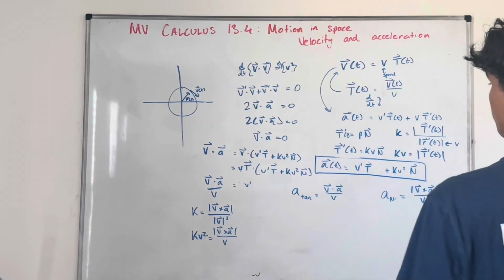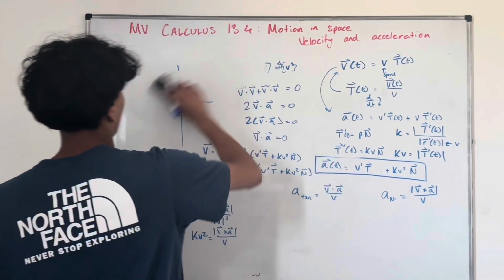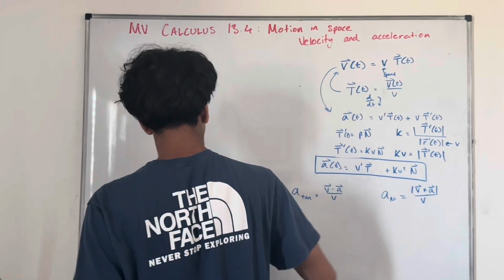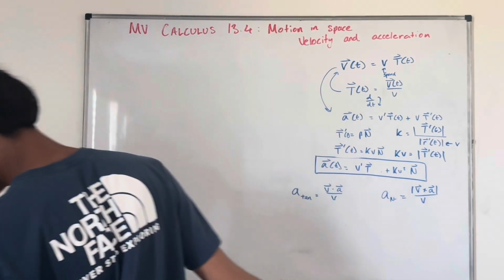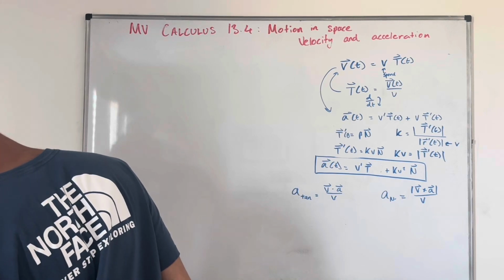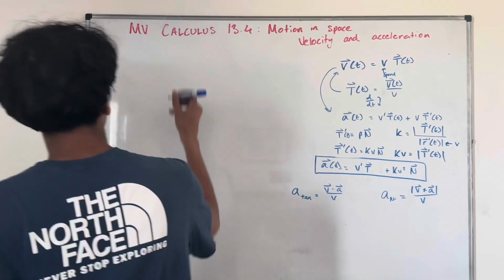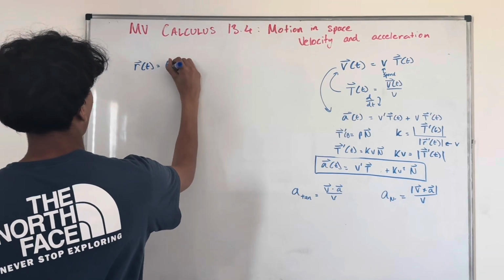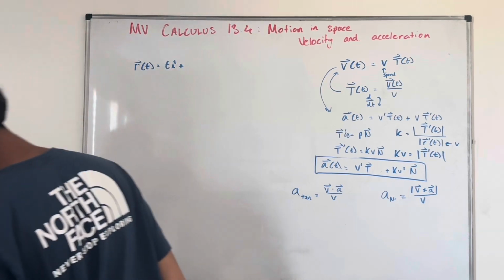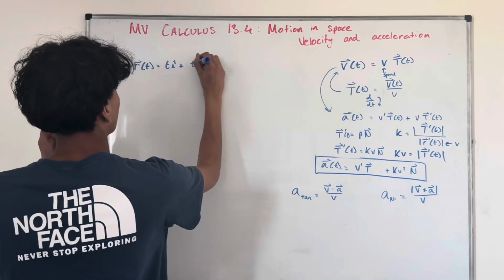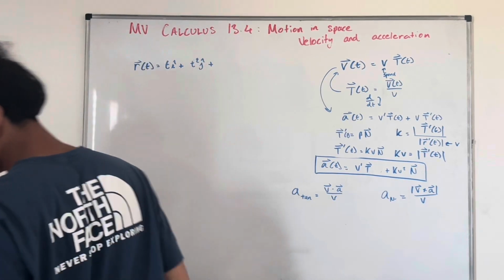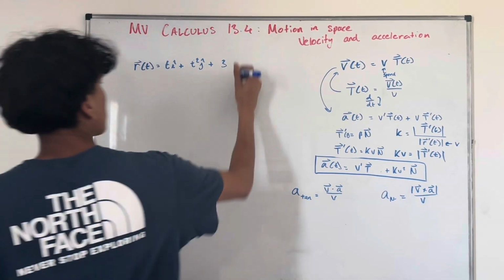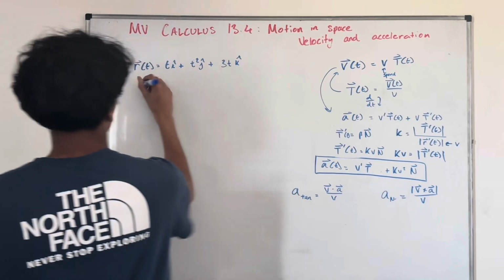Let's just do an example problem now with all this stuff that we've accumulated. Let me check my notes for an example problem. Let's say we had a vector function like this: r of t is equal to t i hat plus t squared j hat, and then plus 3t k hat. Is that the correct vector function? Yep, okay. And let's try to find a tangent,